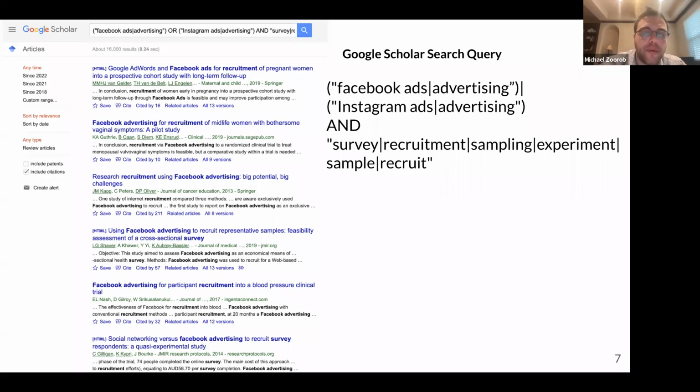Obviously not every one of these papers with these terms occurring together is exactly a paper in which the researcher purchases Facebook or Instagram ads for these purposes. But I've done some hand auditing of the first several pages, and early in the search terms, it's almost universal. Even if you apply a pretty strict discount, like suppose 50% of these do not fall into the use cases described, that's still 8,000 research outputs, which is not trivial for something that did not exist 20 years ago. So this is certainly a common use case.